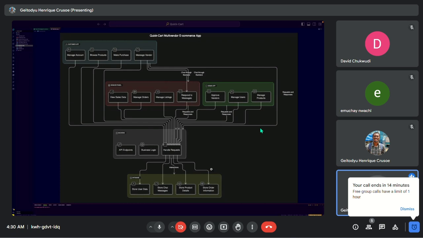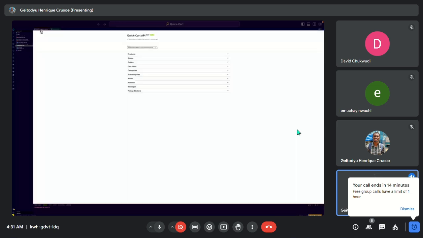And then our backend will have our API endpoints as well as our business logic, and handle requests coming in from the front end. We also have our database where we store the user data, our chat messages, the product information, and our other information. And then just a quick view of our